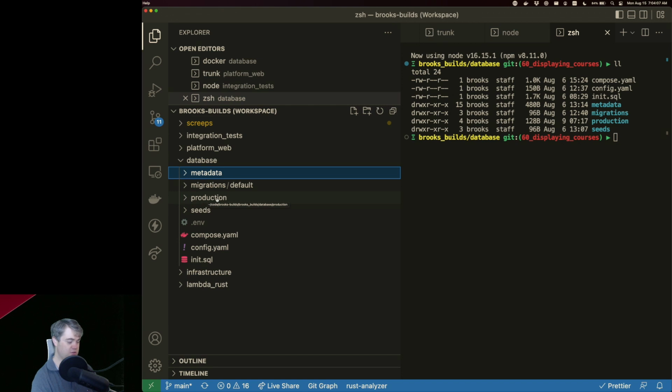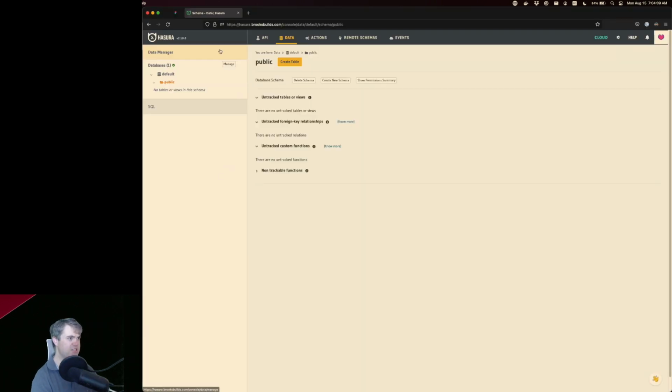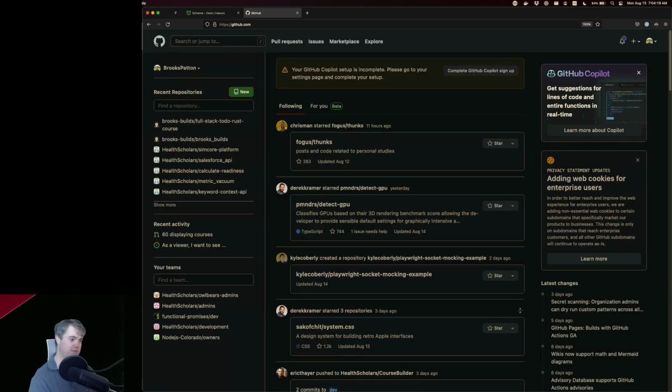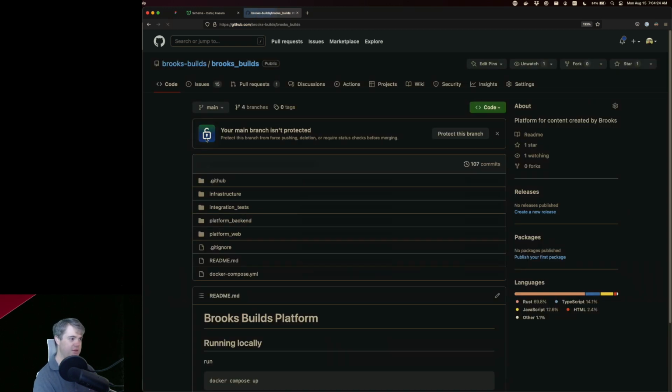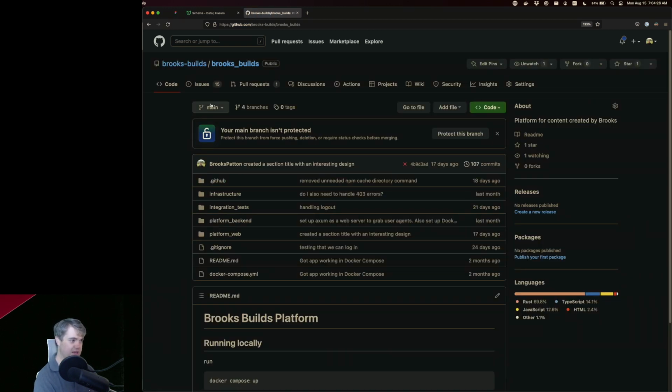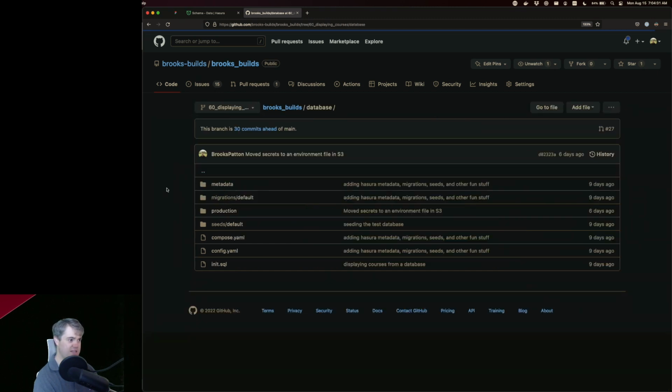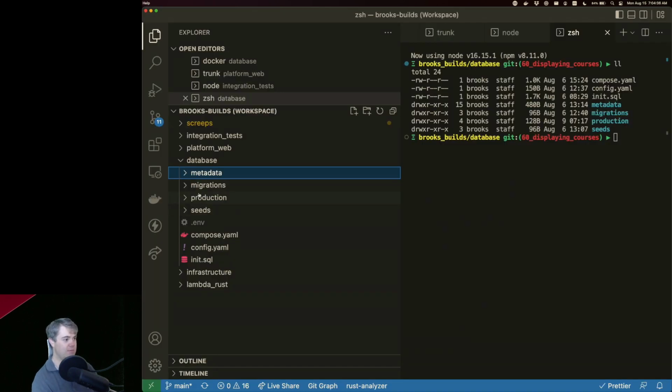And then I should probably double check to make sure that .env didn't get up into my repository. It's dark gray, so I don't believe that it got up there, but it might be a good idea to double check. So this would be in this branch here under database. Yeah, I don't have a .env. Perfect. Okay, so I can use the .env to connect to the real database,